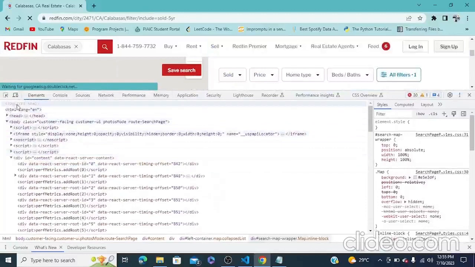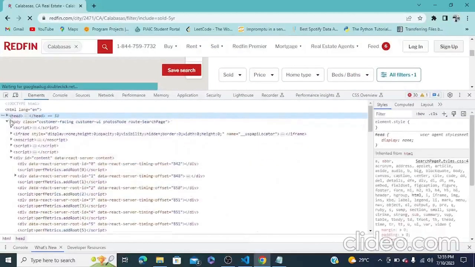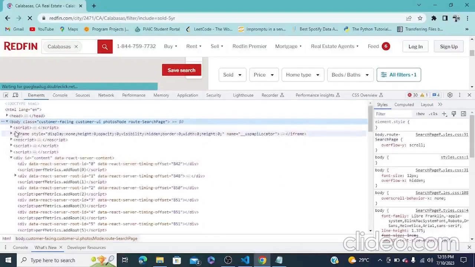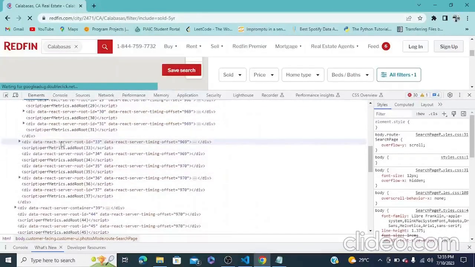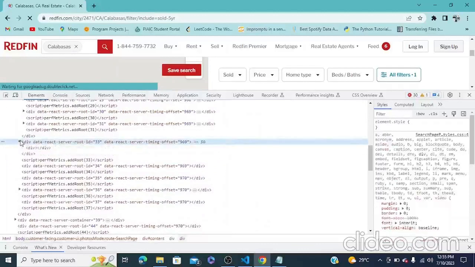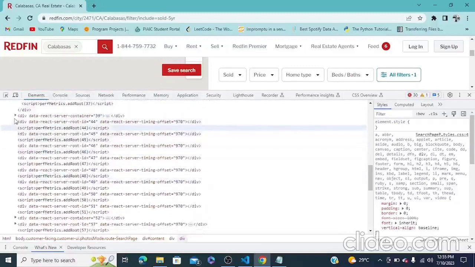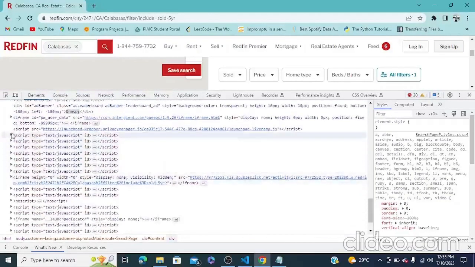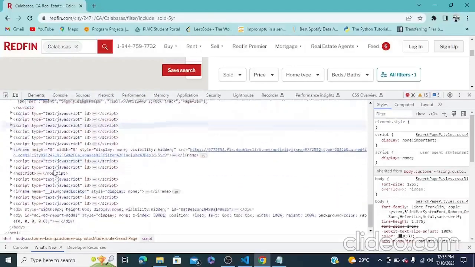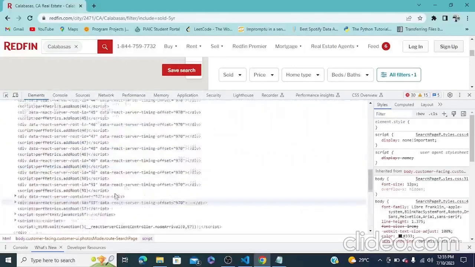This is the HTML structure of this website. These are headers, and this is the body of the HTML. Here are divs, and in each div there are different IDs, and you can see the classes as well, types, and